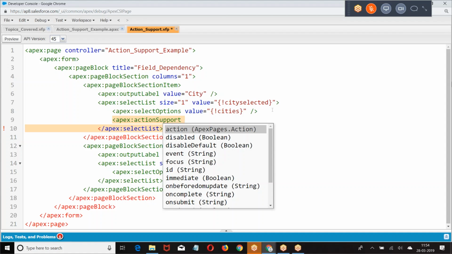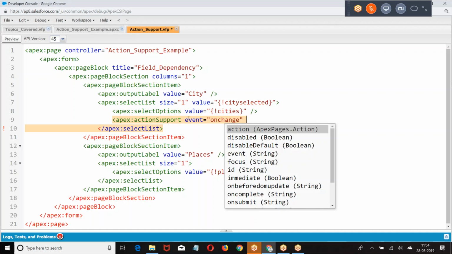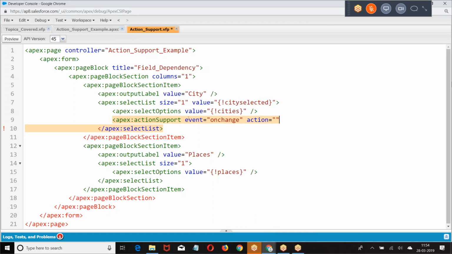Now what I am doing, in whichever element the event is occurring, in that element we want to perform some action, right? In whichever element the event is occurring, in that element you write action support. The pick list event is occurring, so I wrote action support within the pick list. When on change occurs, action equal to set. Generally,